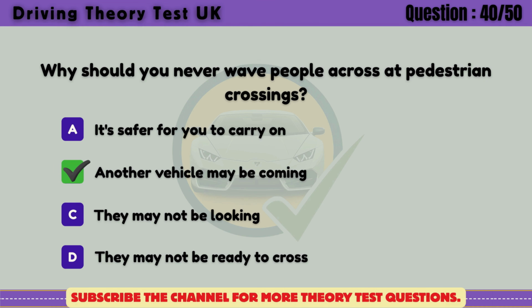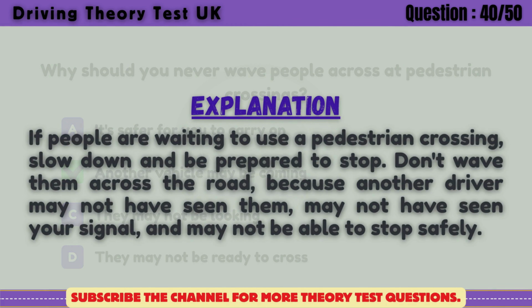Answer is B. Another vehicle may be coming. If people are waiting to use a pedestrian crossing, slow down and be prepared to stop. Don't wave them across the road, because another driver may not have seen them, may not have seen your signal, and may not be able to